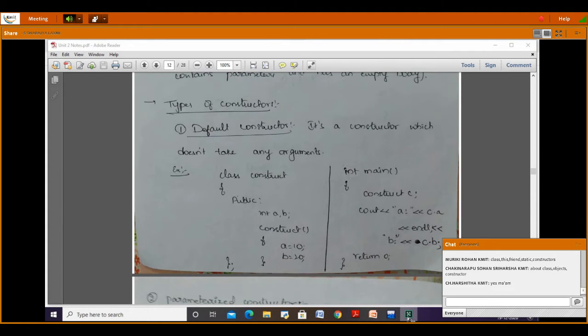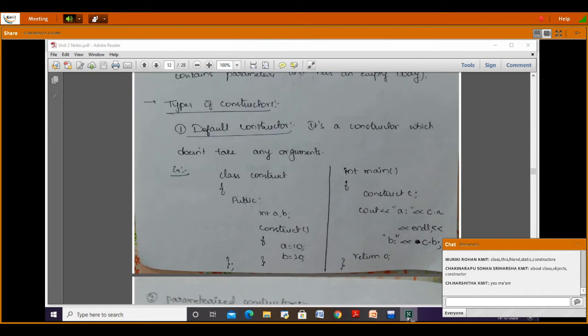A default constructor is nothing but a constructor, which is a special function used to initialize the members of a class. It has the same name as the class name.